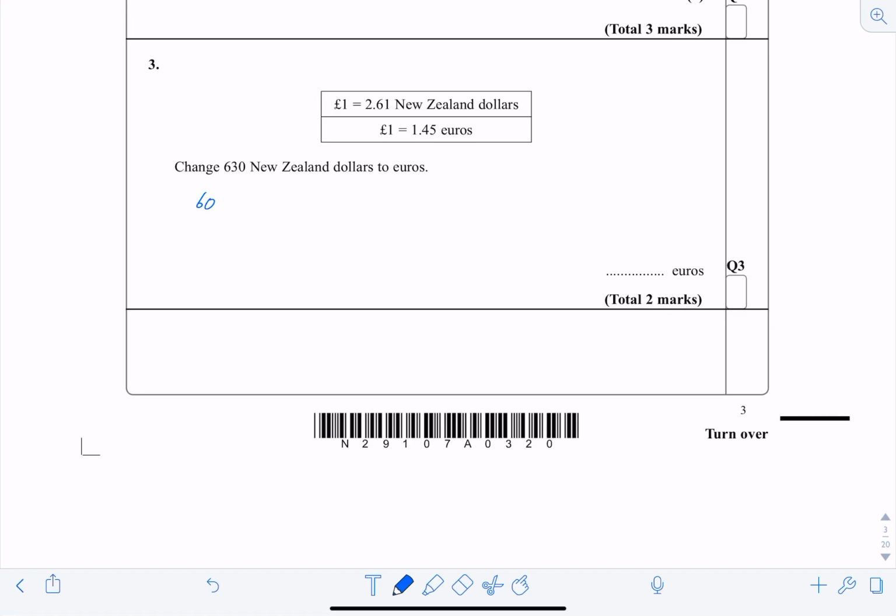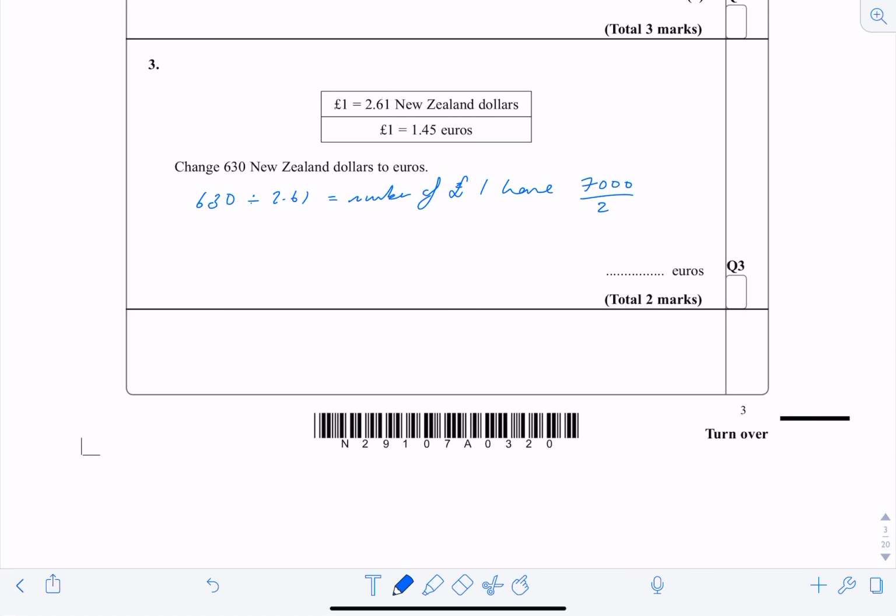If I do 630 New Zealand dollars divided by 2.61, that will tell me the number of pounds I have. I'm just going to do that on my calculator. 630 divided by 2.61,